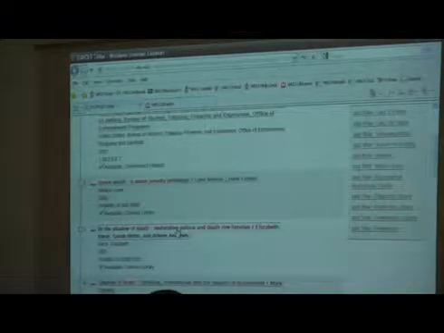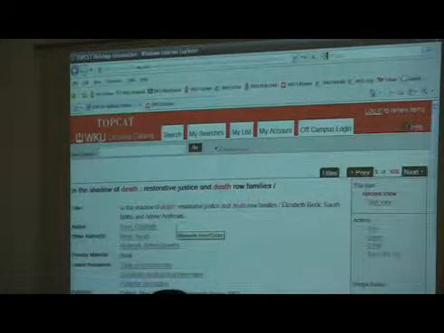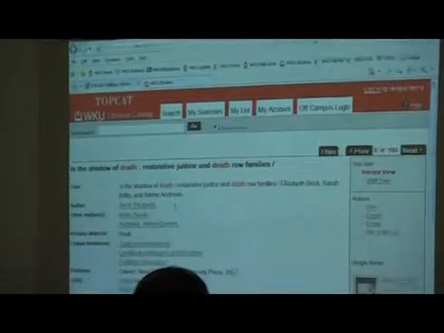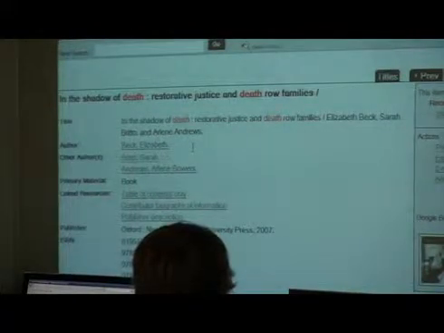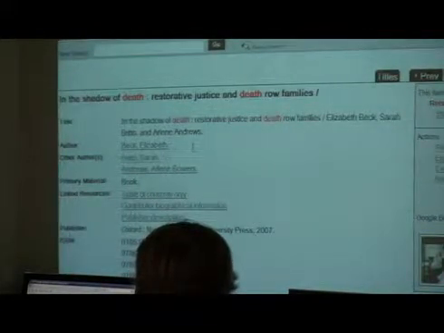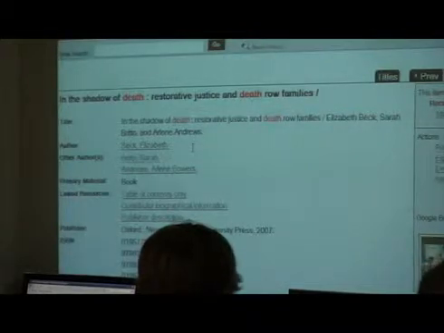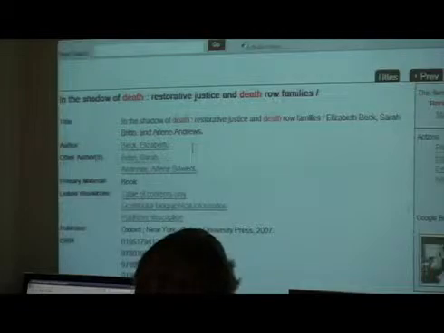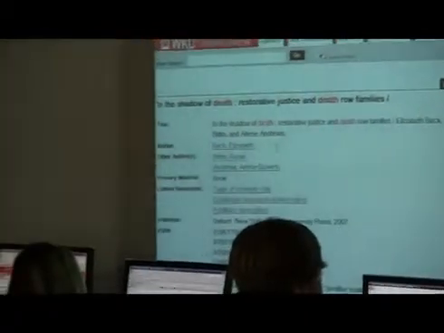When you click on the title of an item when you're using TopCat, it takes you to a very detailed description of that item, including the title, the author, the publication information, all of which you need to put together a proper citation on your bibliography. Whether you're putting together a bibliography for a paper that you're writing in Psychology 100 or Sociology 100, or the bibliography that you're putting together for me on the annotated bibliography project, no matter what citation style you're using, all of that I just mentioned, you have to have present somewhere in that citation. The author's name, the title, the publication date, the publication company, the publication city, all of that needs to be present somewhere. Now let's scroll down just a little bit